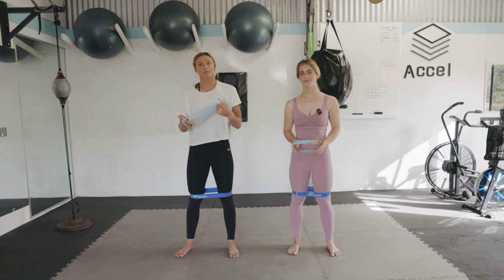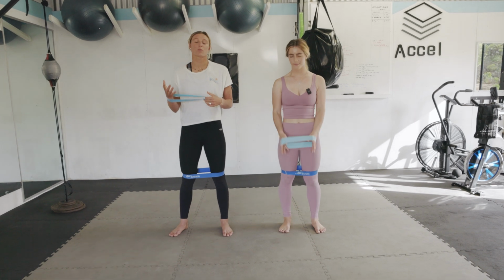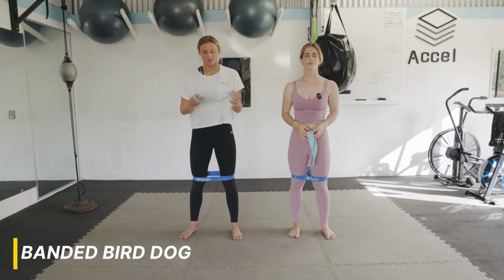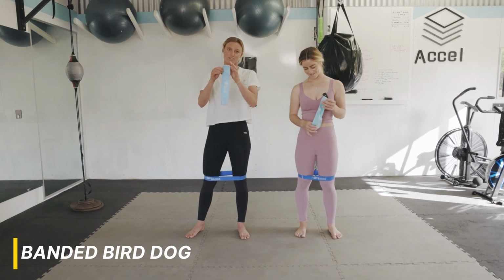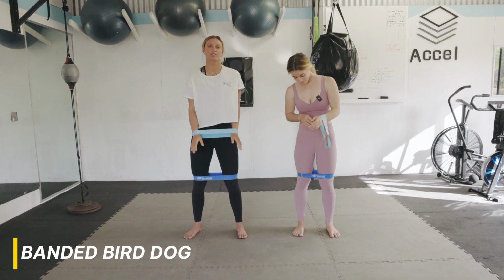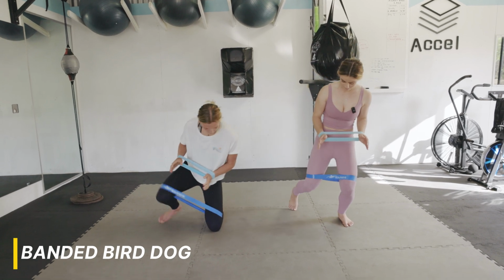All right, you guys, this is a really fun one. These are kind of a play on the bird dog exercise. So this is gonna be great for stability, getting the core turned on, as well as a little bit of mid-back. We're using 2 bands, which is fun. We're gonna do light for our arms or our hands, and then we got medium around just above our knees. So we're gonna come down onto all 4s,